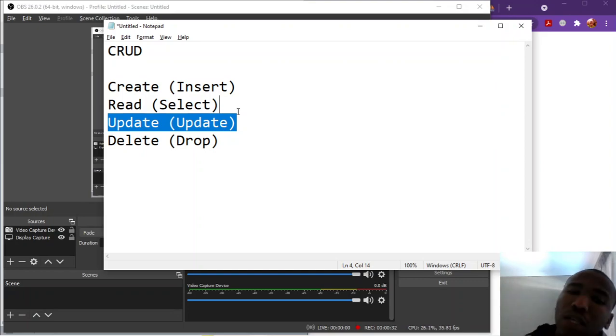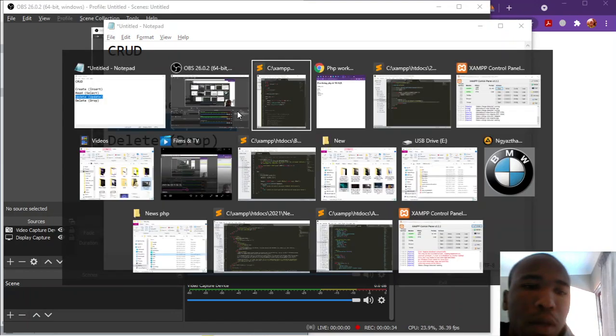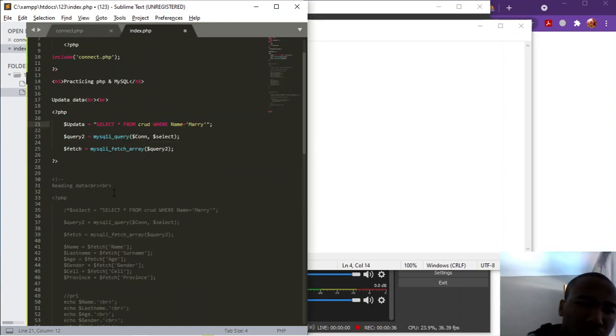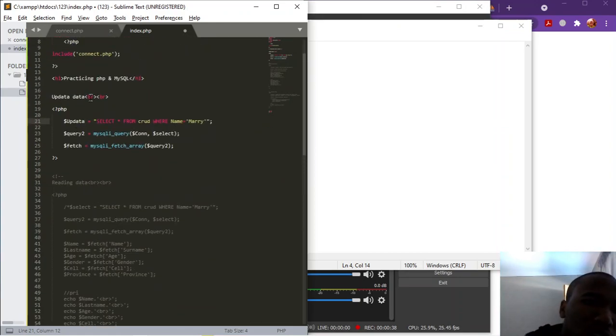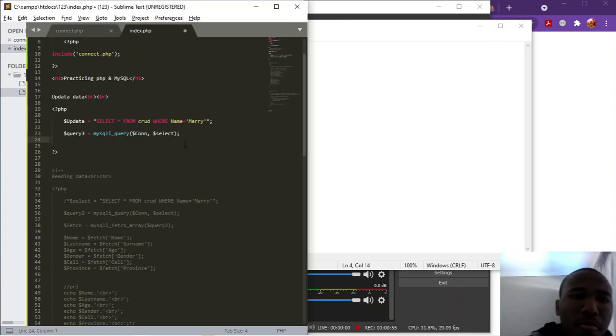So that's update. Because I'm slow, I've started adding our PHP. It's no longer select, but query 3 that we sent. Fetch is not needed here.